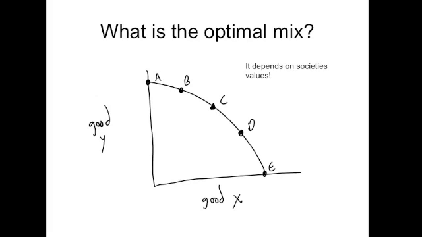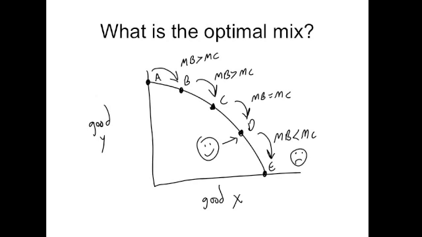So remember that we talked about questions that ask about the optimal mix for a society. Where should they be operating on the production possibilities curve? The answer is always going to be it depends on the values of that society. It's not like it's a magic formula where you have to operate right at the midpoint. It depends on their values. No matter what, however, any society is going to want to operate exactly where marginal cost equals marginal benefit. If they are operating at the optimal mix, they will find that when they moved there,